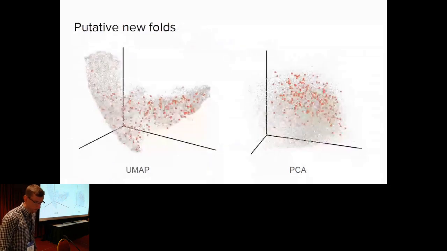And this is probably the most interesting plot. We wanted to know where our putative novel folds are in the space, and we found out that they are quite evenly spread across the whole space, but mostly in the alpha-beta regions. And also, another quite obvious thing, they are not in the region where there are very, very small proteins, namely here and here.